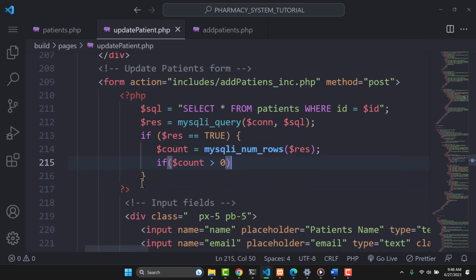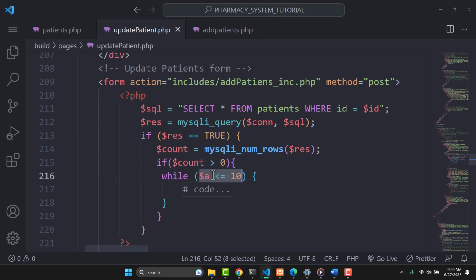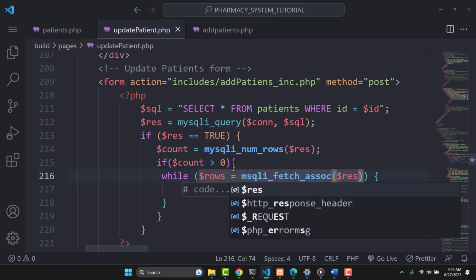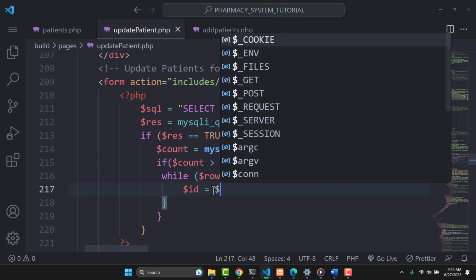then we are going to assume that now we have some records. And now using the while loop, we can have those records. So have the while, and I'll store the records in a variable called rows. So I'll say that is equals to mysqli_fetch_assoc. So now the records from the table will be fetched and they will be stored in this variable called rows. And so now in that I can create some variables where I'm going to store these specific records that are in this variable rows. So I'm going to say is equals to rows,